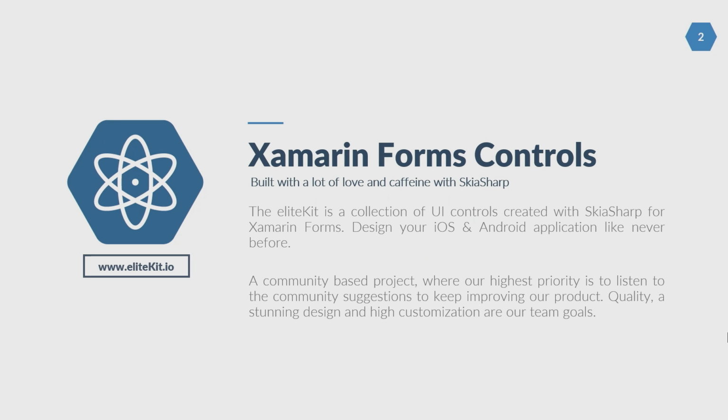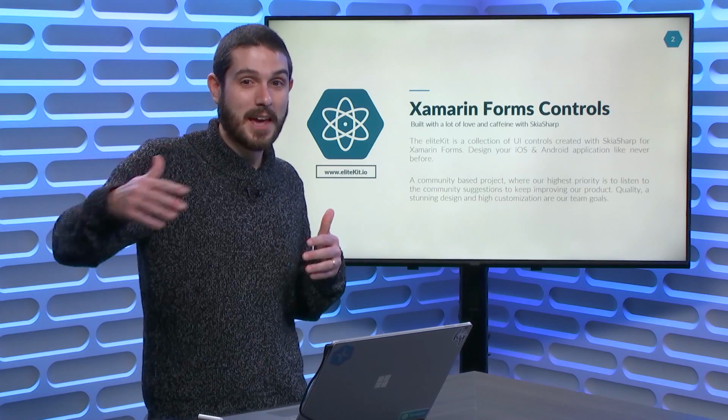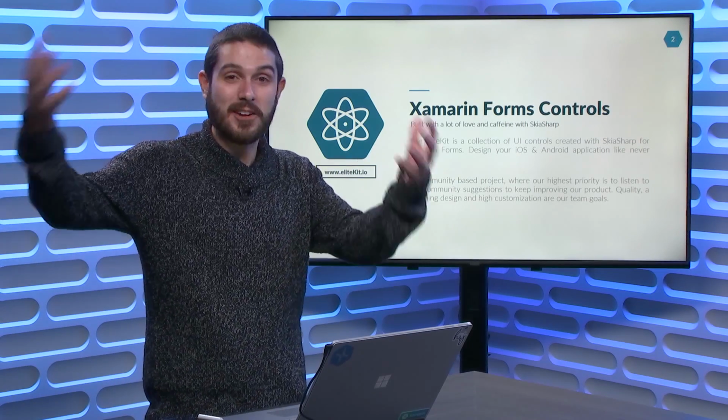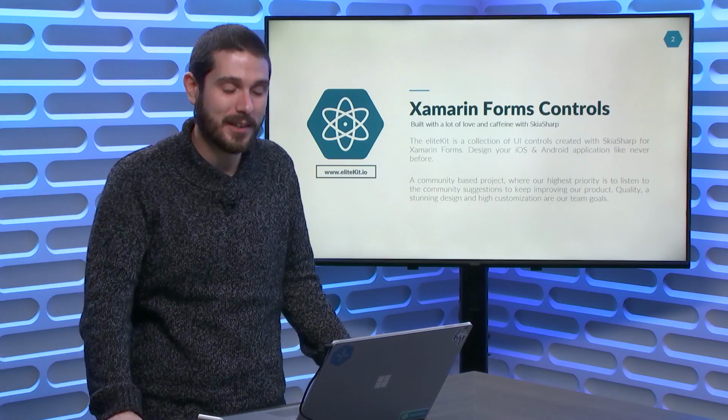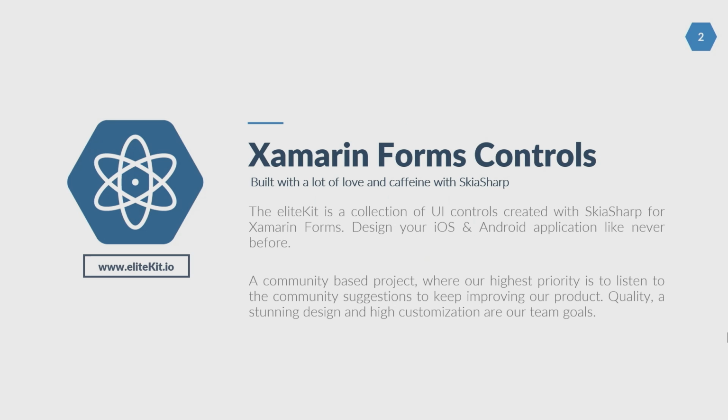Got it. So it's kind of like you started it because you were building it for yourself, doing everything you want, and then it turned into, hey, we can productize this and also create brand new things based off what people want. Yeah, that's the other point, which developed from the main idea. I started it for myself at first, but then I came across the idea that I want to share something with the entire Xamarin community. That's the point where I created my website, EliteKit.io, and I'm sharing the Lite version there for free currently, and the Pro version as well. Cool.